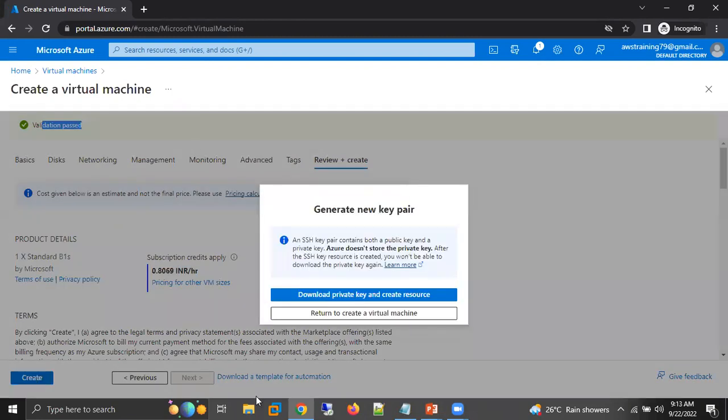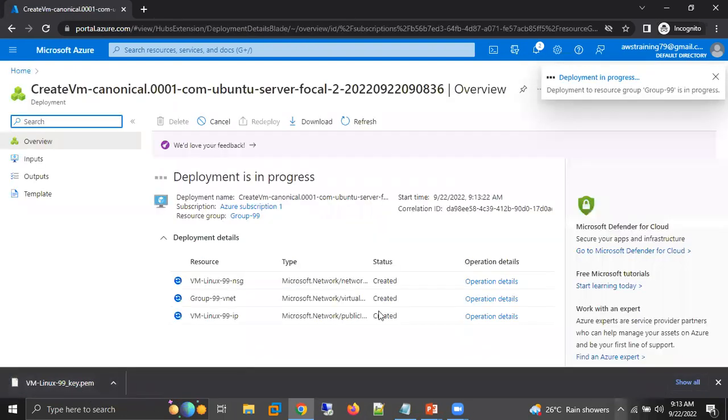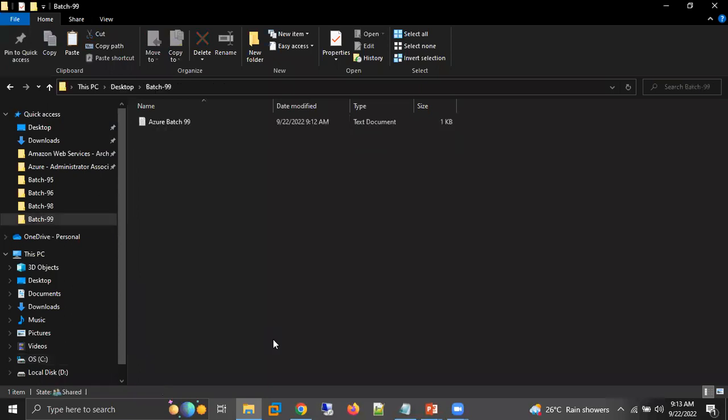Now when I click on create, it is asking me to download the key. The SSH key I have to download. So I'm clicking download private key and create resource. Done. Now I have downloaded the key, and what is the extension of this key? .pem. I'm just going to keep this PEM file in my